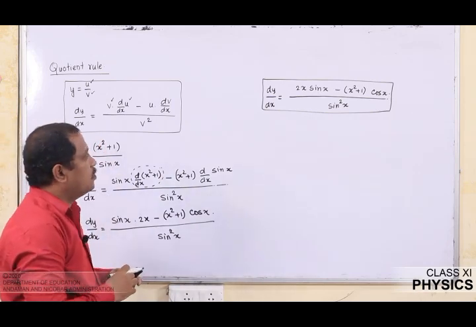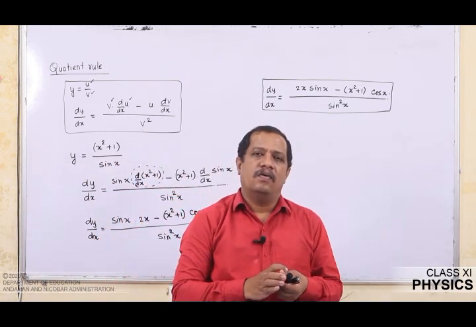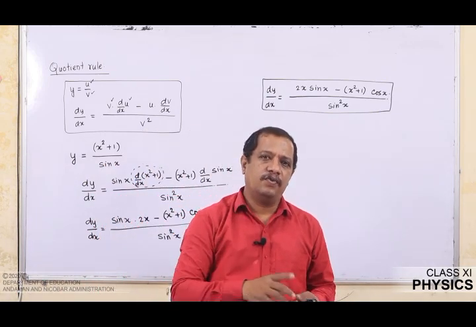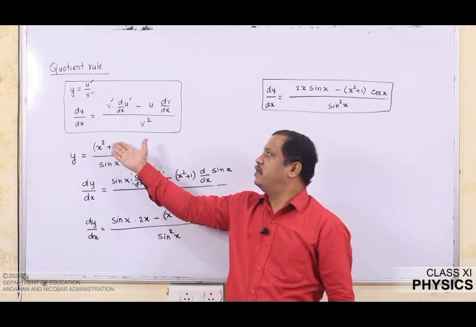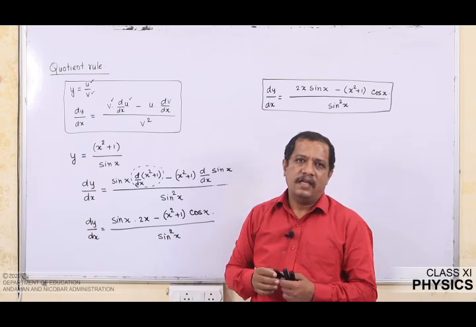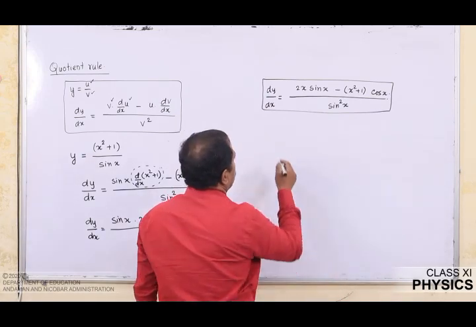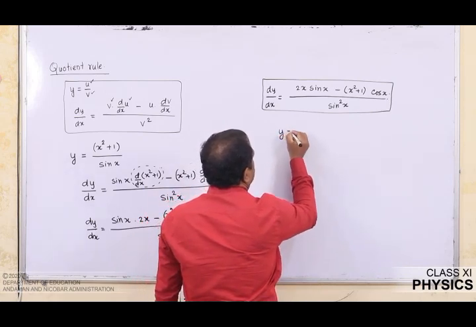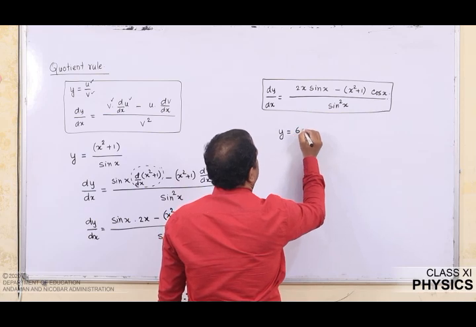Now, a question may come to your mind: we saw now the product of two functions, how to differentiate. We also saw how to differentiate a quotient function. In that case, initially we solved one problem stating y is equal to, hopefully, 6 times x power 5.